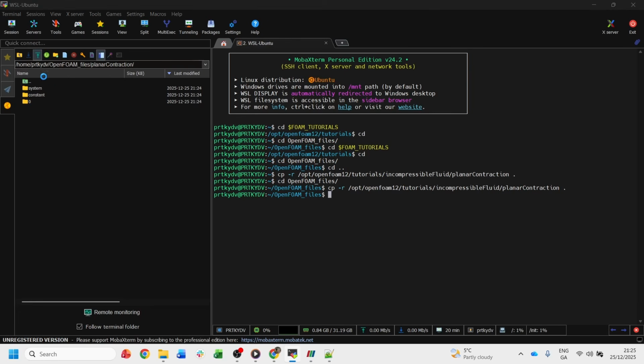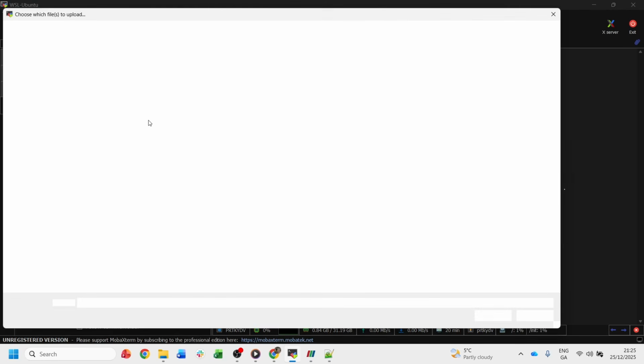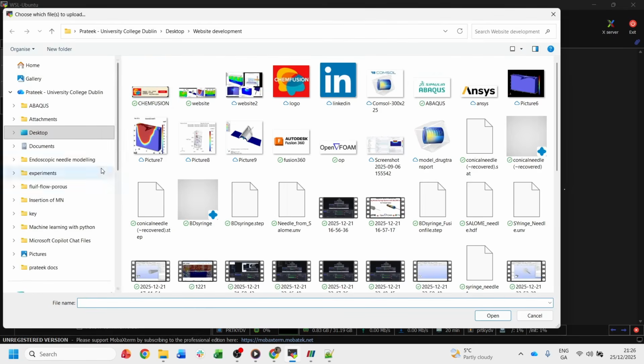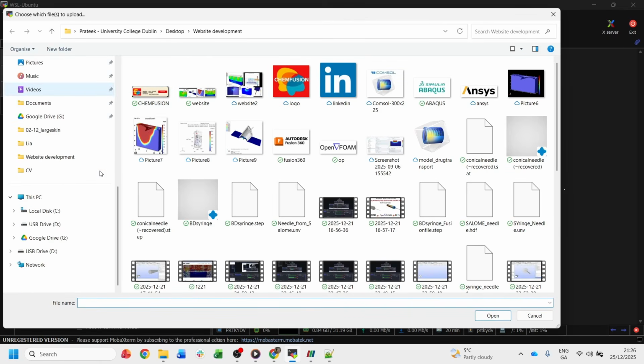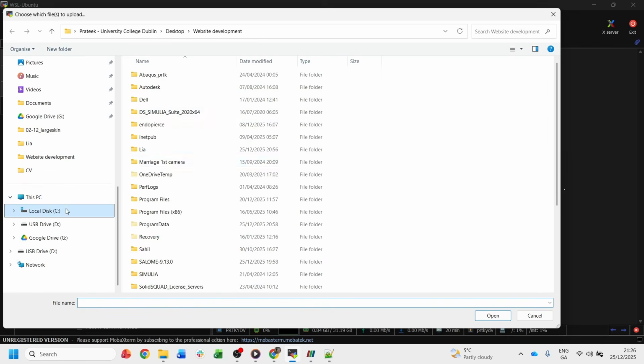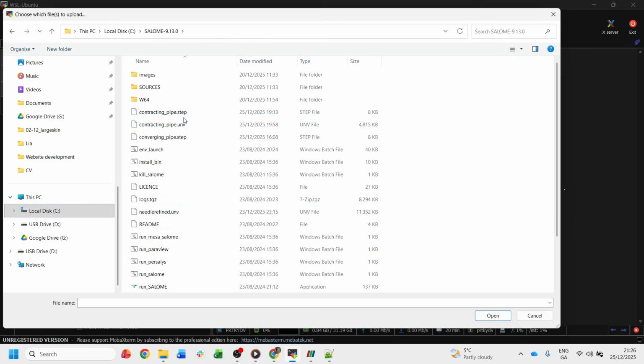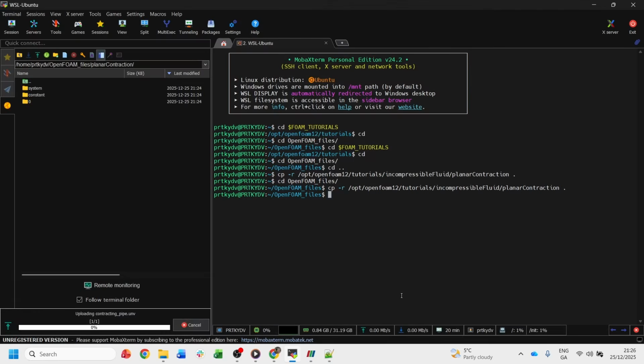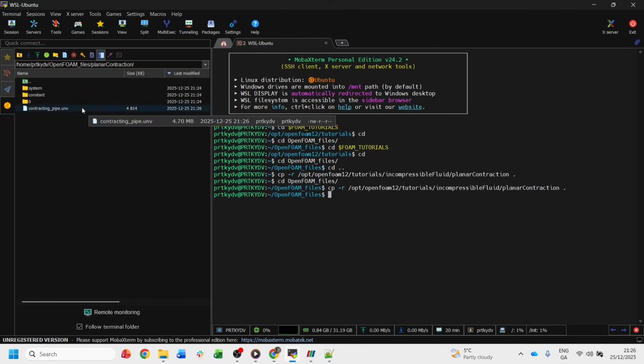here. So click here to upload. We exported our file in this folder, where we have our UNV file. Click on here and open. So now we have our mesh file here,